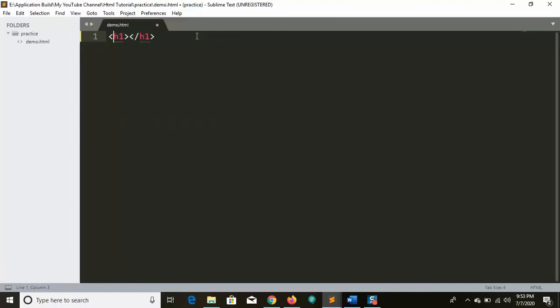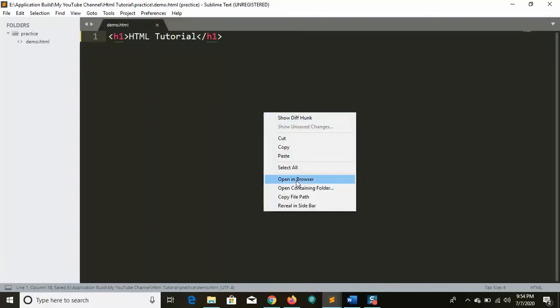It is a tag: open, and a slash for the close. In between goes your content: HTML tutorial.